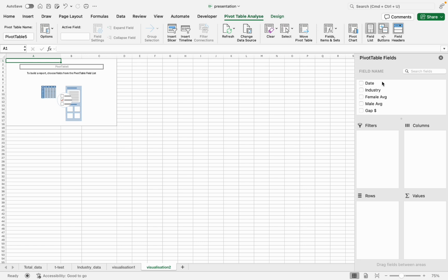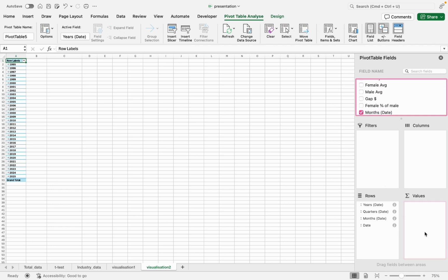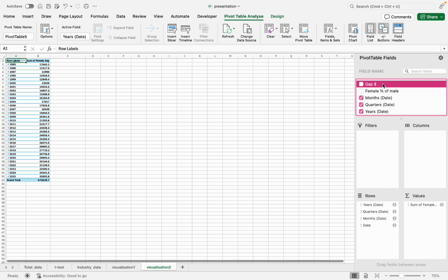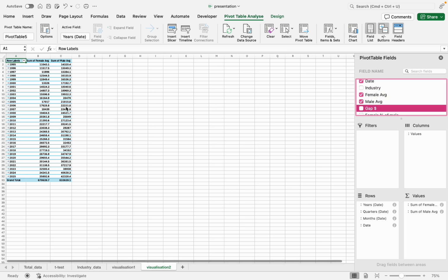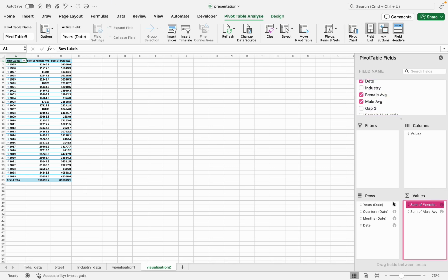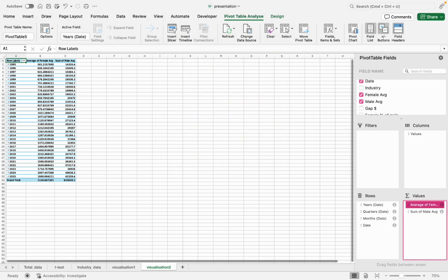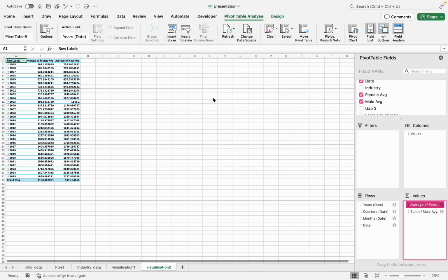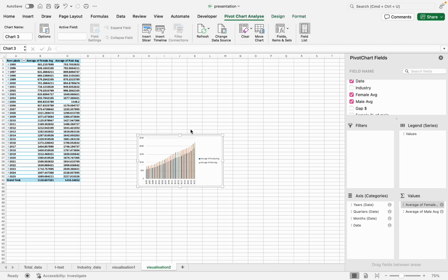I'll put the date in the rows, and the female average and male average, you can just drag them here. Let's change to average as well. And in Pivot Table Analysis, you can just click the pivot chart to make the chart.